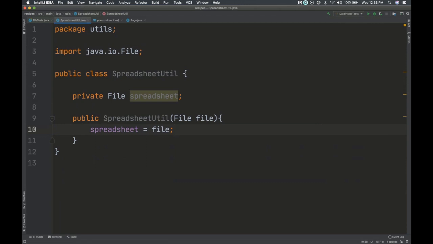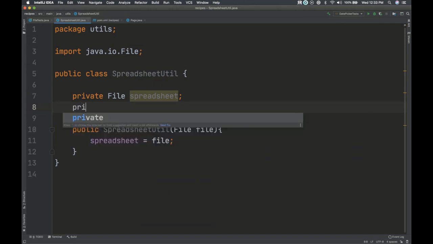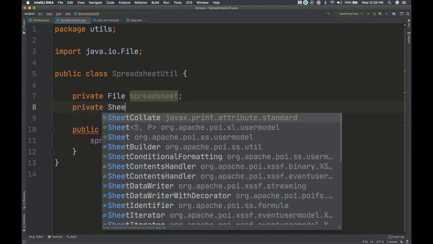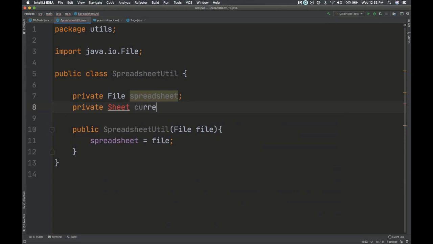And then I want to, let's make one for the column. So I want to be able to get the columns. I also need to get the current sheet. I got a lot of things I need to do. So let me just get my thoughts together. So I want to create the current sheet. Current sheet. And I want the columns.